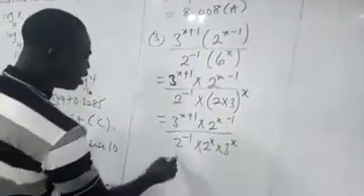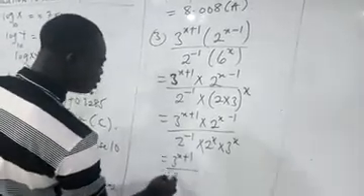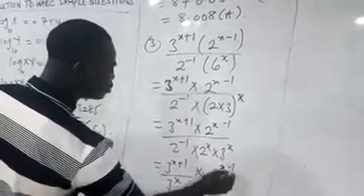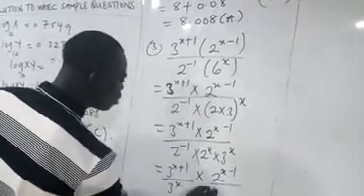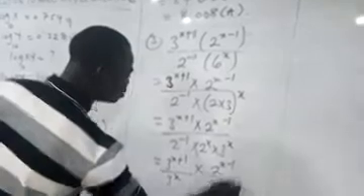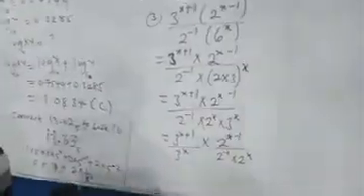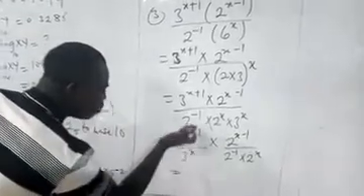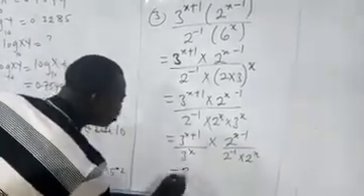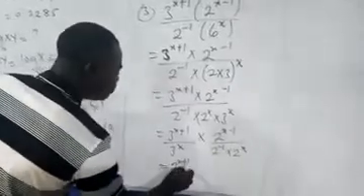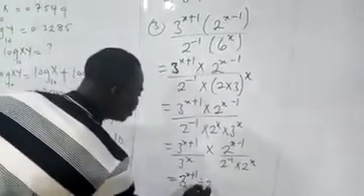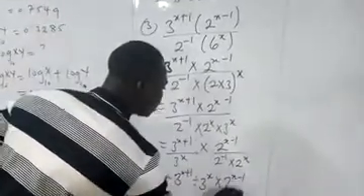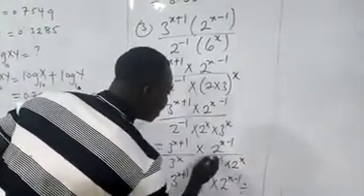This one can be 3 raised to the power x plus 1 over 3 raised to the power x. Then bring this one also together as 2 raised to the power x minus 1 over this one, and this one can come together as 2 raised to the power minus 1 times 2 raised to the power x. Are you with me now? So we can apply our law of indices here. This 3 raised to the power x can come up and become negative. That is 3 raised to the power x plus 1 divided by 3 raised to the power x, then times 2 raised to the power x minus 1, divided by 2